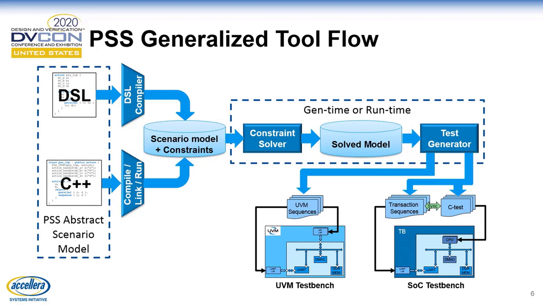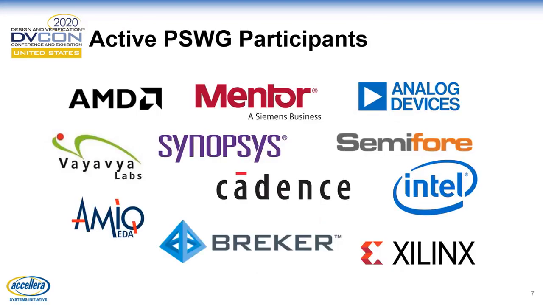when you started. This is a list of active portable stimulus workgroup participants. We would love to have more people joining, but this is the group that's been pretty hardcore from the beginning. We routinely get 90% attendance at all our meetings, so it's a really good core group, but we're always looking